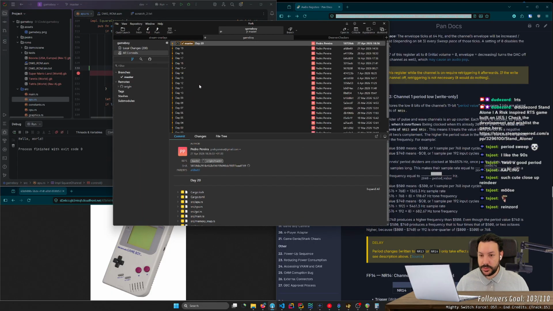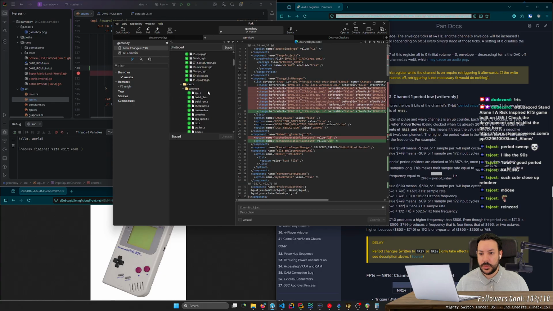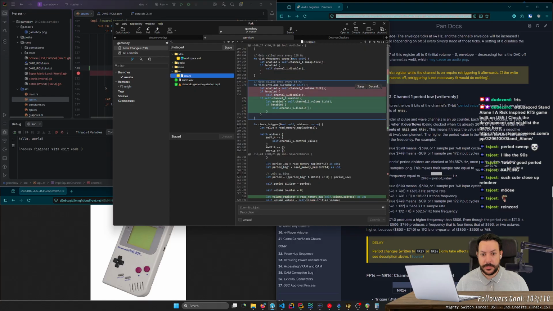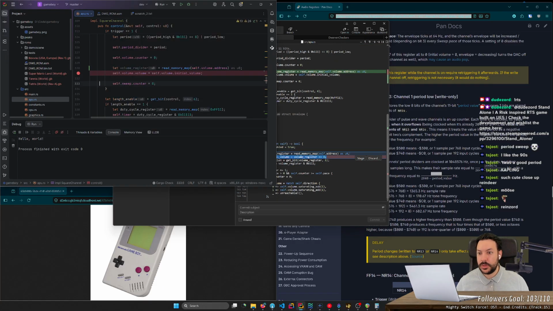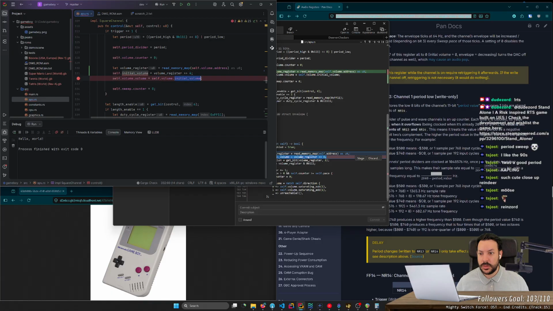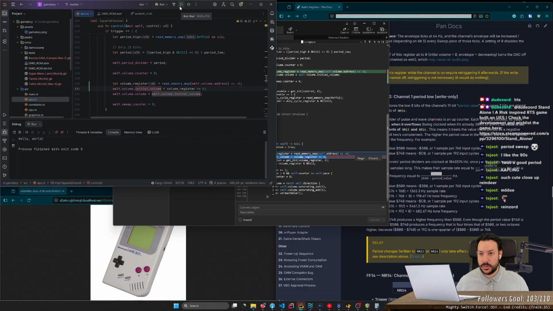I shouldn't have deleted code. What's this? Self.volume.initial volume equals that. And then I also set the volume to that. Okay.